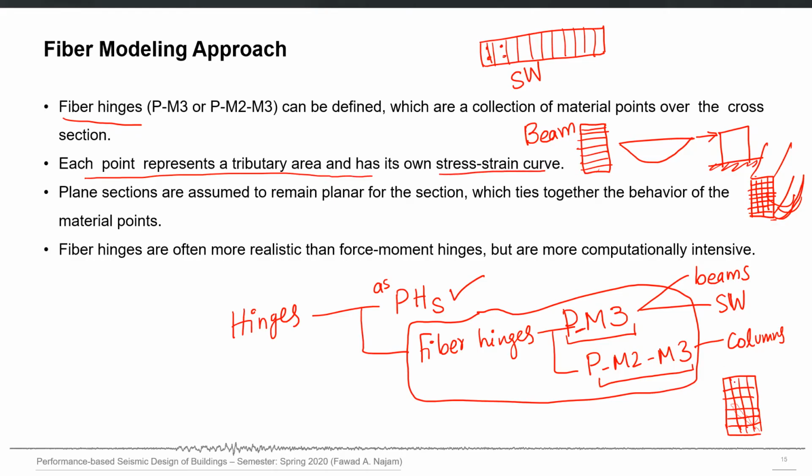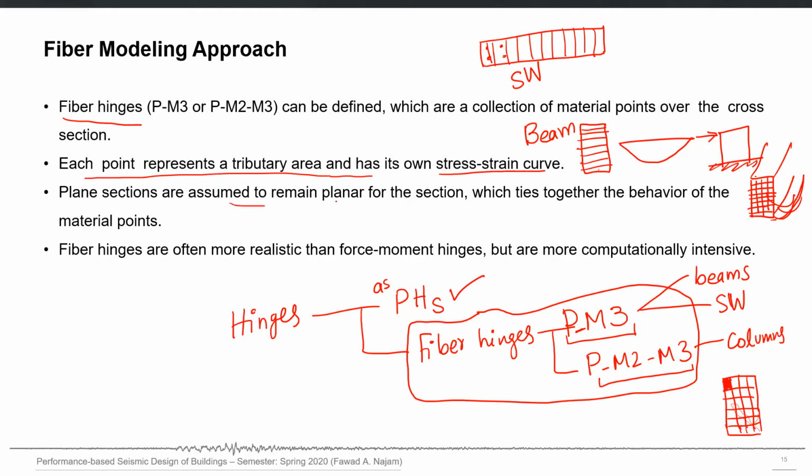When we cut the cross section into fibers, we assign a tributary area to each fiber. So each fiber will have a location in the cross section, an area in the cross section, and third, the stress strain behavior.